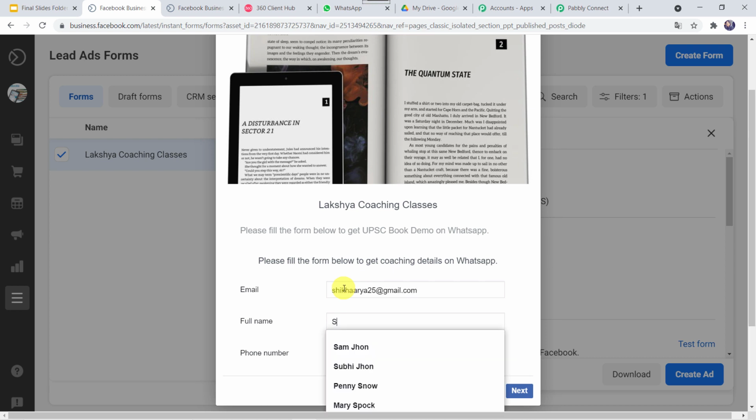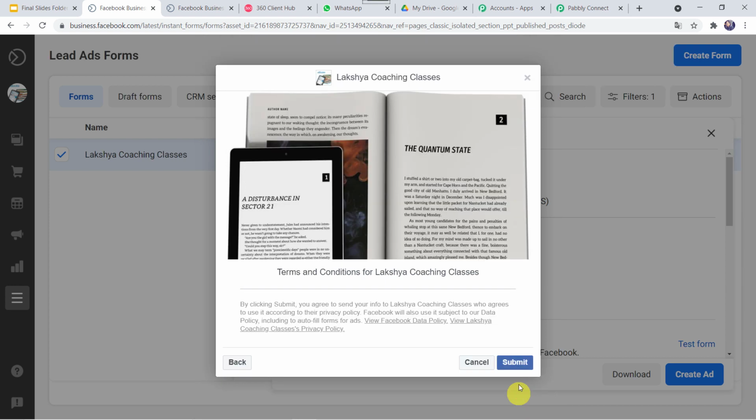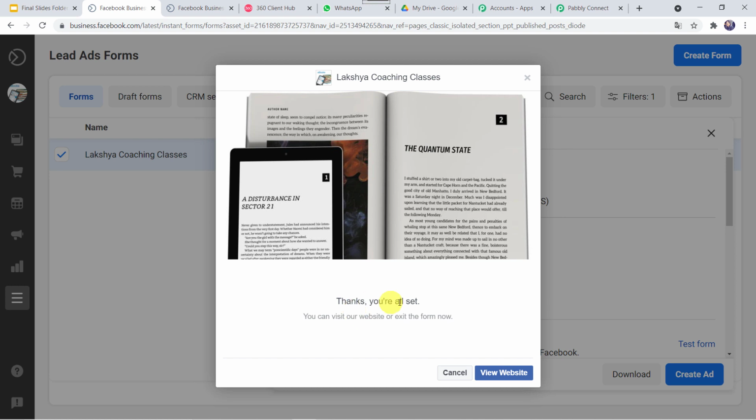I'll give her full name as Shikha Arya, and I'll give the mobile number over here. And let's click on next, and let's click on submit. Okay, thanks, you're all set. Lakshya Coaching Classes, a form has been filled.